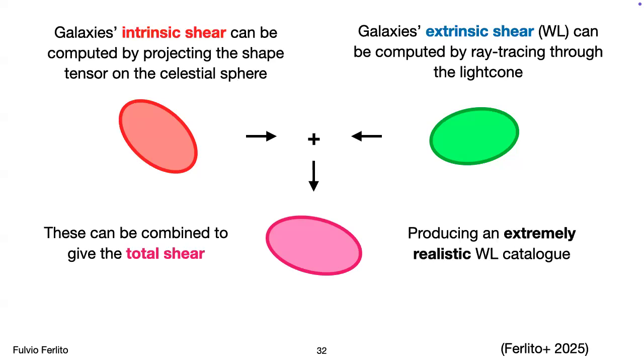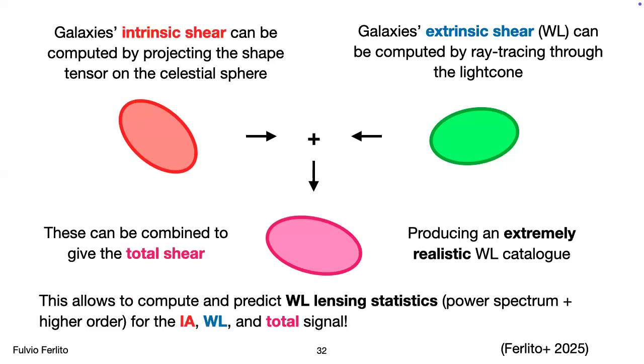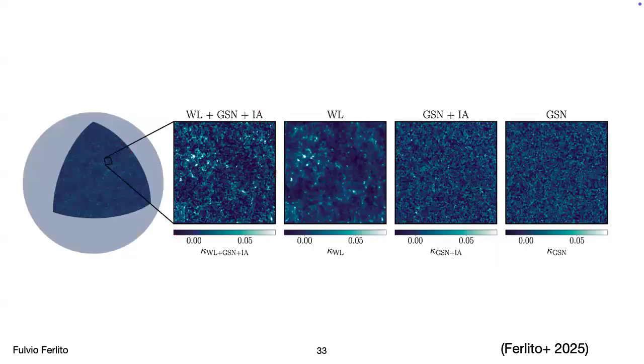What we can do is the same comparison between this and a catalog where we kept the extrinsic shear fixed, so the weak lensing was the same, but the intrinsic shear we tilted for every galaxy by a random angle. So we really have an intrinsically randomized intrinsic shear, right? This is exactly our next step, where we managed to create convergence maps, which are comprehensive of all the signal, and then the clean weak lensing signal.